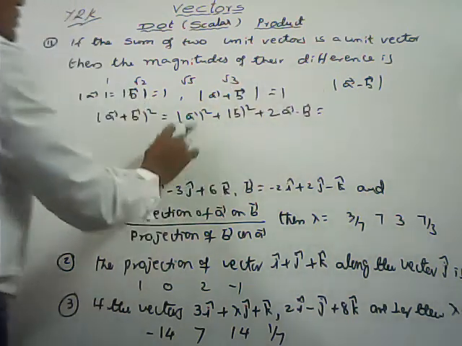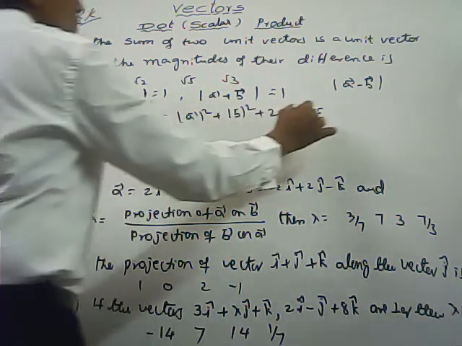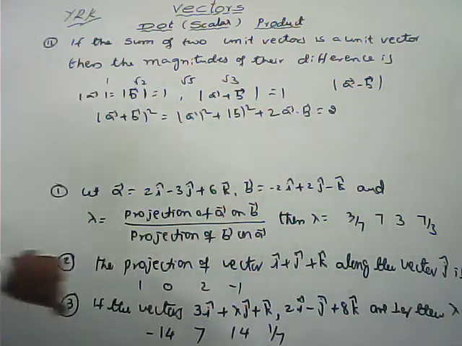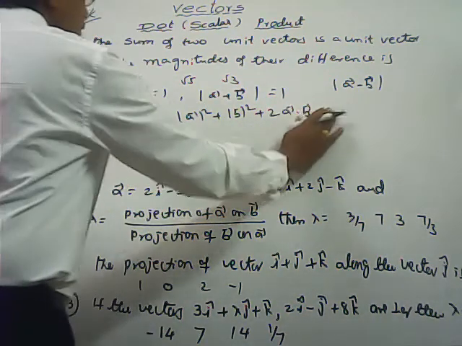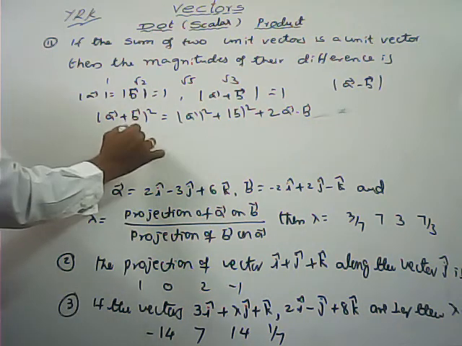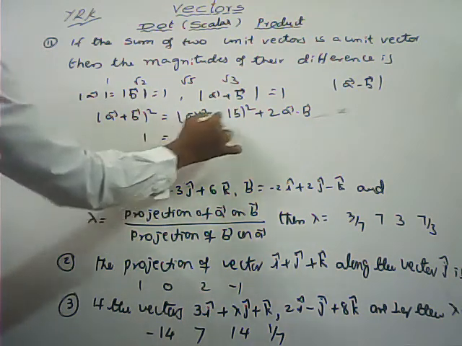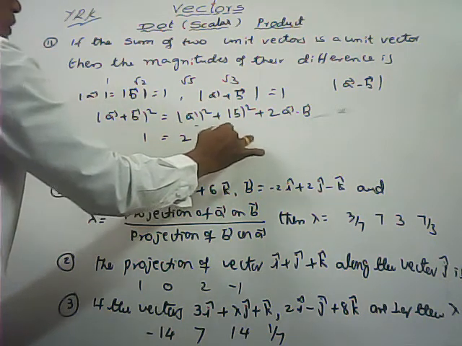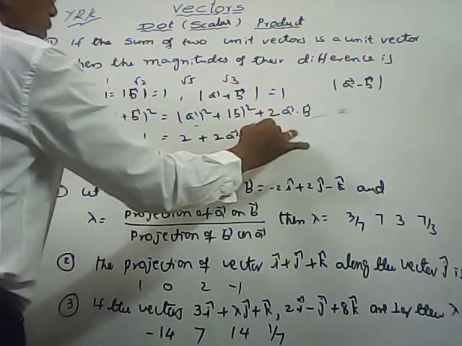Here these two are unit vectors, so 1 whole square, 1 only. 1 is equal to 1 plus 1, 2, plus 2 into A bar dot B bar,